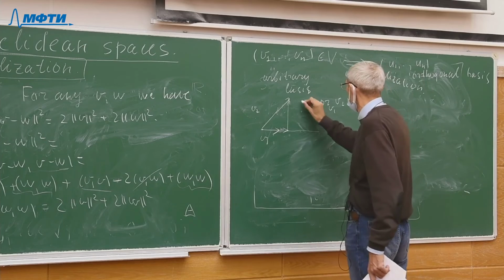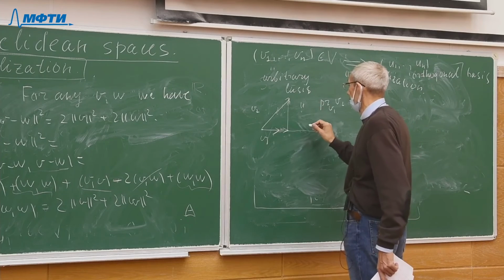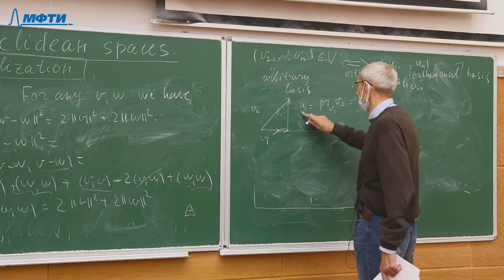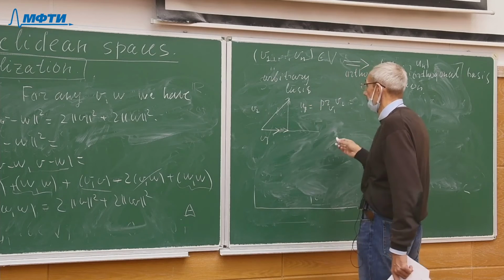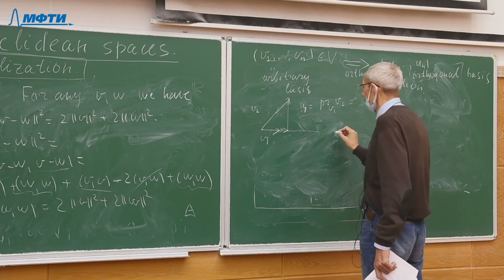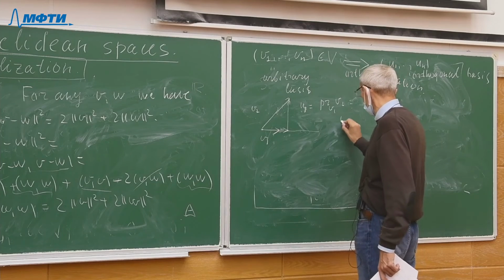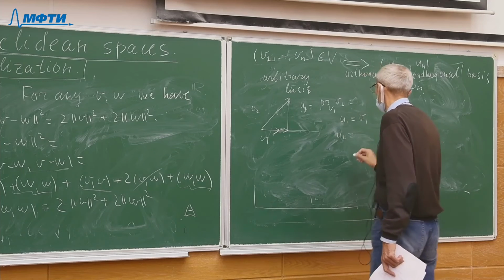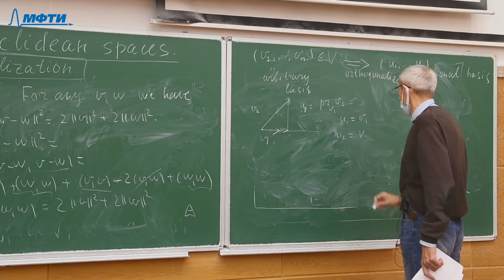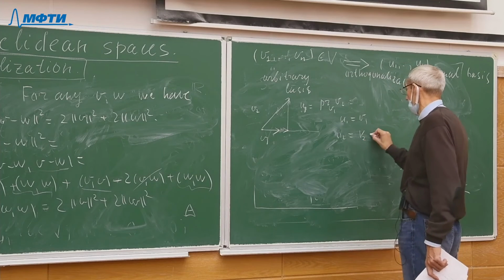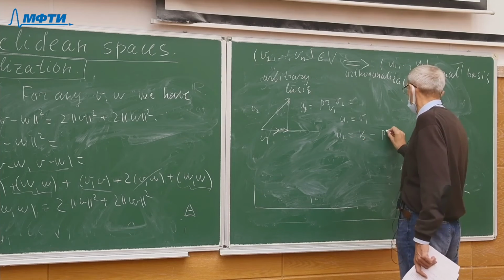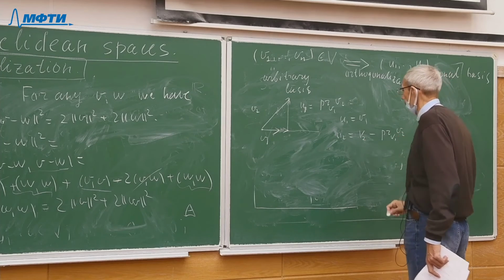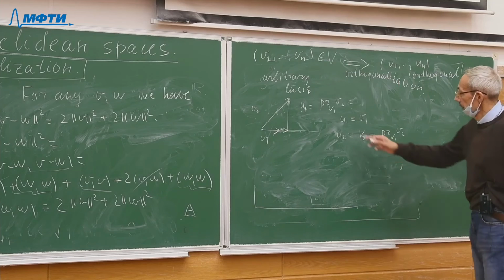We define u1 as v1, and u2 we can define as the difference between v2 and the projection of v2 on v1. And we obtain that